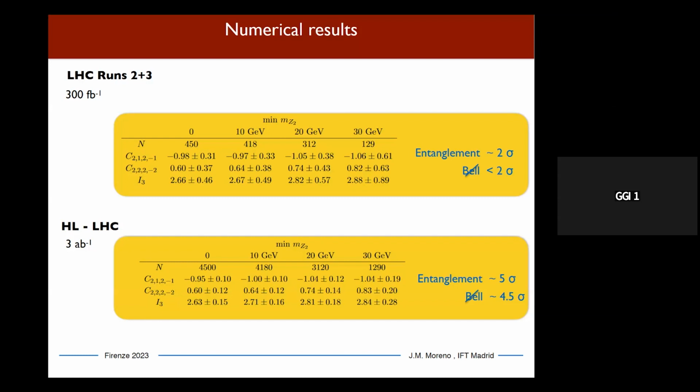There is Marcel. Yeah, I was wondering about the statistics. In fact, if you focus on the cleanest channel, which is 2 electrons and 2 muons, you could easily get a factor 2 by looking at 4 electrons and 4 muons as well. I think it should be easy enough to produce the Z candidates and get the correct pairing. It is a complication, but I think it's feasible. Have you looked into that at all?